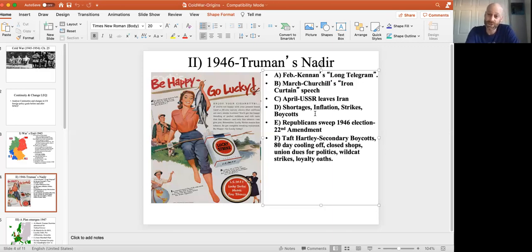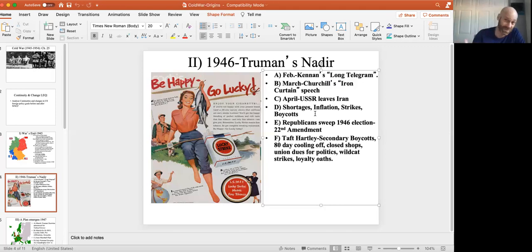Because of that, there was inflation. Because of the huge amount of deficit spending in World War II, prices skyrocketed. And to combat that, Harry Truman said, we're going to freeze wages and we're going to freeze prices, which caused shortages, right? You can artificially say, hey, you cannot raise your prices, but if businesses can't raise their prices, they have to ration another way, and that is, we'll just run out of things, right? It's kind of like when you go to Cuba and you show up in the grocery store, half the time there's no meat, there's no bread, right?